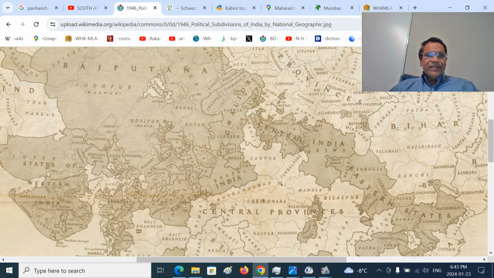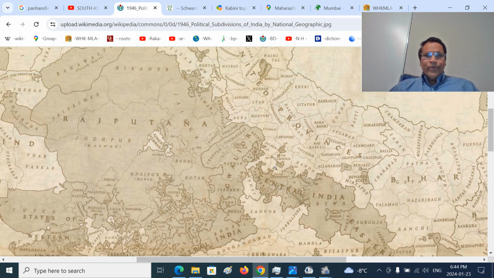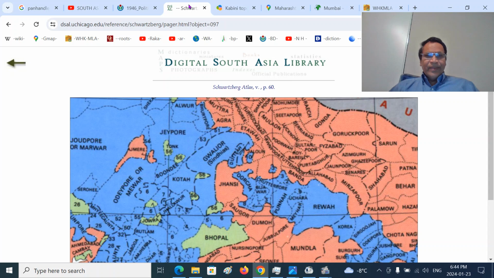This is the Ujjain region, the whole territory. This is called Malwa, this is called Gird, and this is the Mahakosal. You can see Jabalpur here up to Chhindwara. This entire region is Mahakosal. This was ruled by the Nawab of Bhopal. You see the protrusion here.